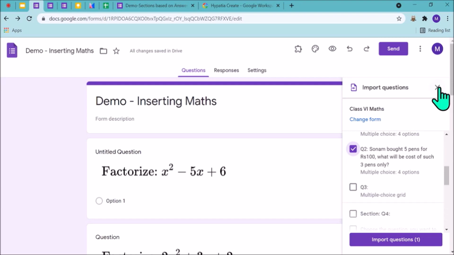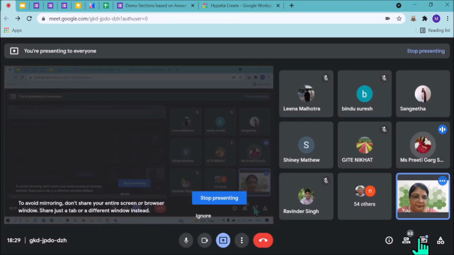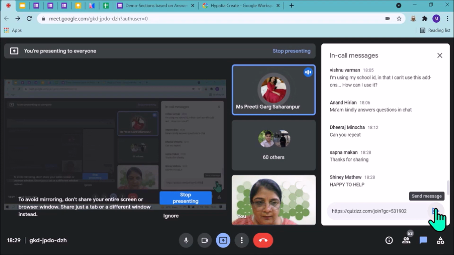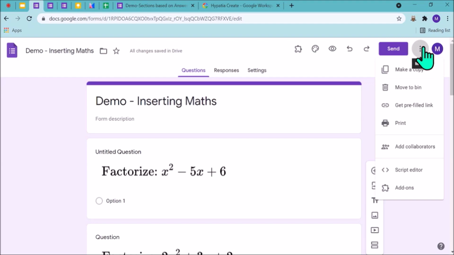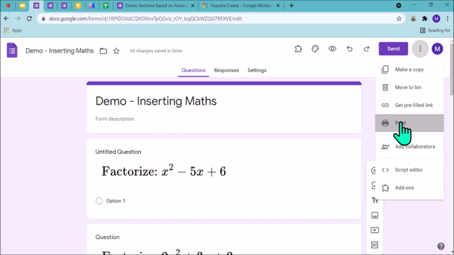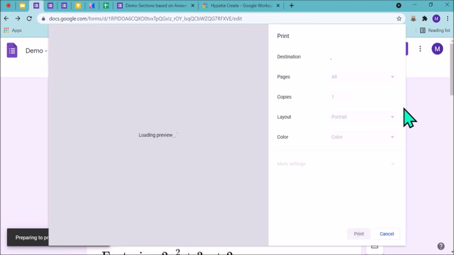Just one query from me also. Ma'am, as we are having offline and online options for the children, can we create the question paper in the Google form, and then for the offline children convert it into Word? Means, can we change from Google form to a Word document? Ma'am, there is an option of PDF downloading. You can click here, print can be taken from here. From where to download the PDF? Yes, these 3 dots. Click on this, print. For print, you will click and it will ask you some options. You can download it as a PDF from there. Oh, okay. Ma'am, thank you so much.